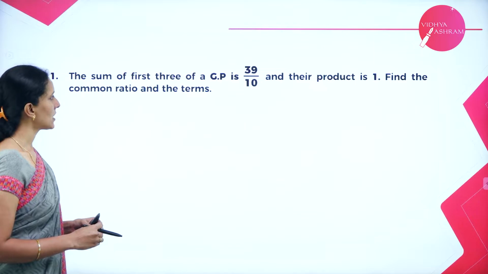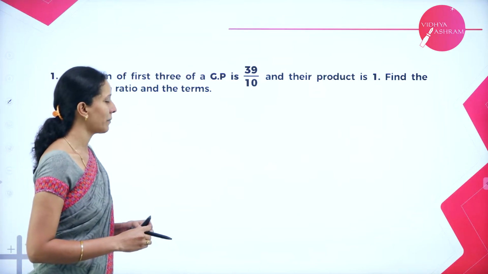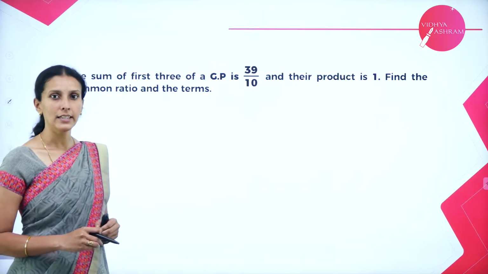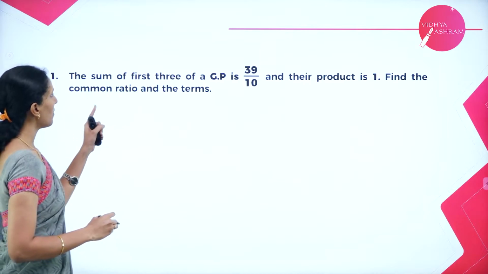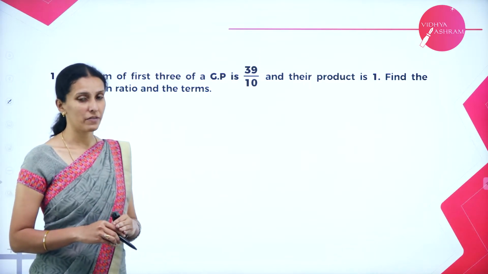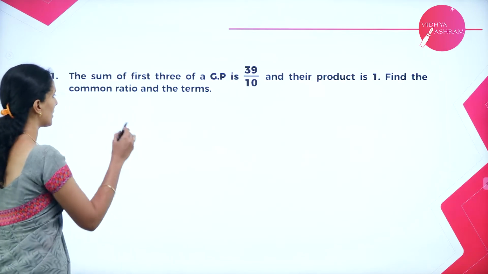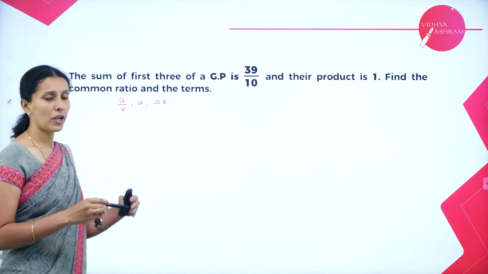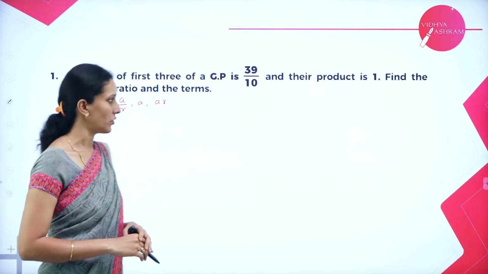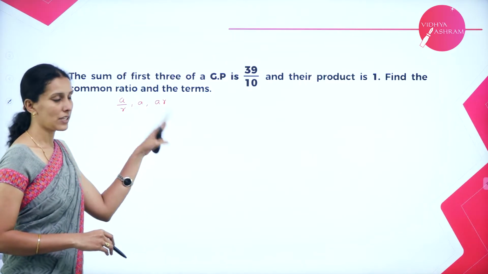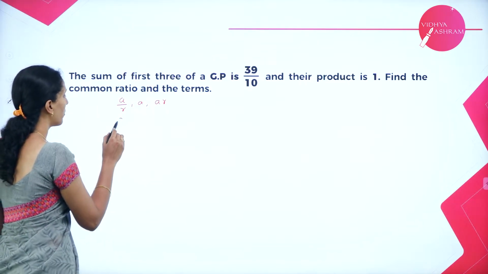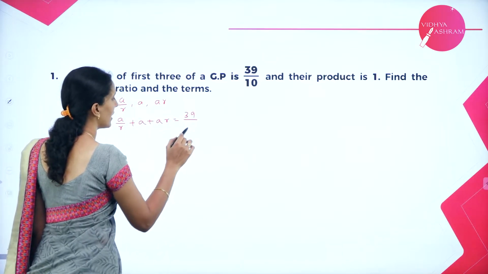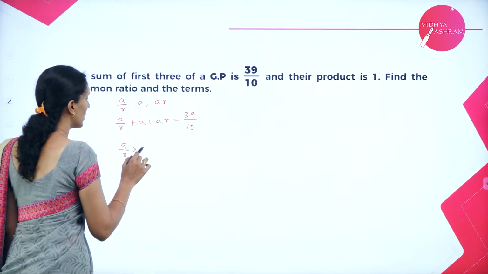The sum of the first three terms of a GP is 39 by 10 and their product is 1. Find the common ratio and the terms. So here we have the sum of the first three terms. As I said in my previous session, we usually take the first three terms as A by R, A and AR, because it will be easier for the simplification. So let me take the first three terms in this form. They have given the sum of these three terms is equal to 39 by 10 and their product is equal to